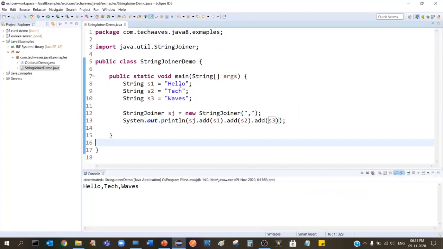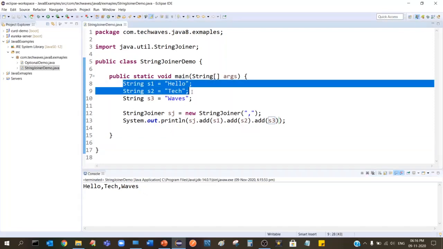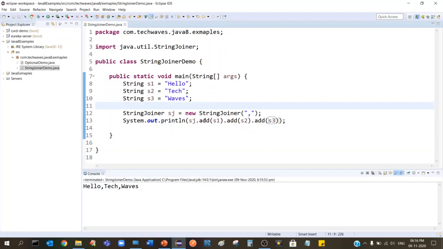If you see, since the delimiter is comma, the three strings are delimited by comma. And if these three were in an array list and we were doing a manual concatenation of comma, the comma would also appear at the last, but with StringJoiner we don't need to do that. It already handles that. It knows that after the last I don't have to concatenate a comma. So this is the first part, the first constructor.